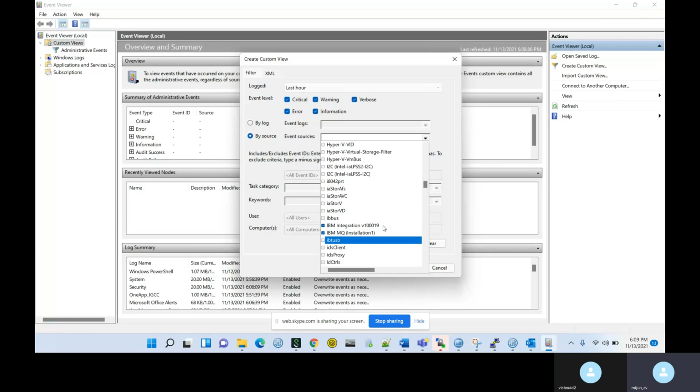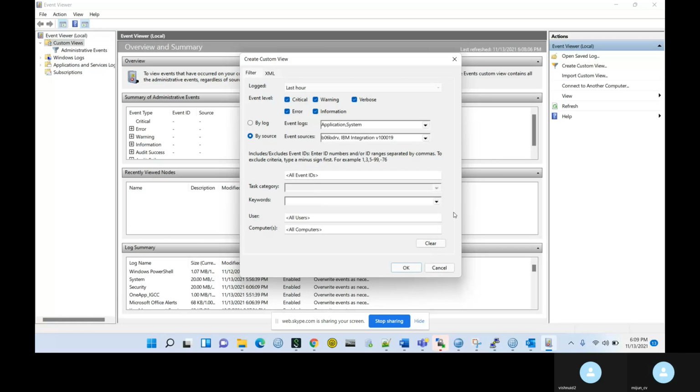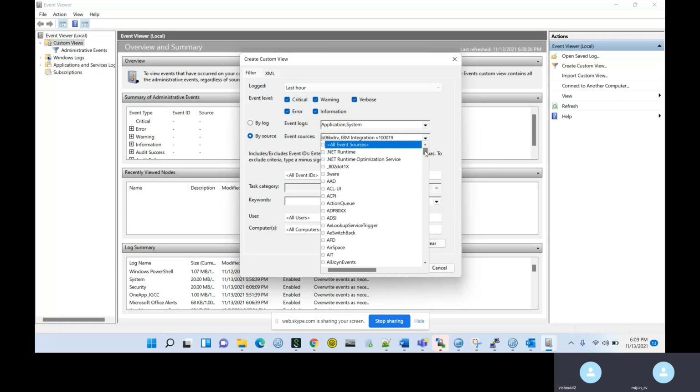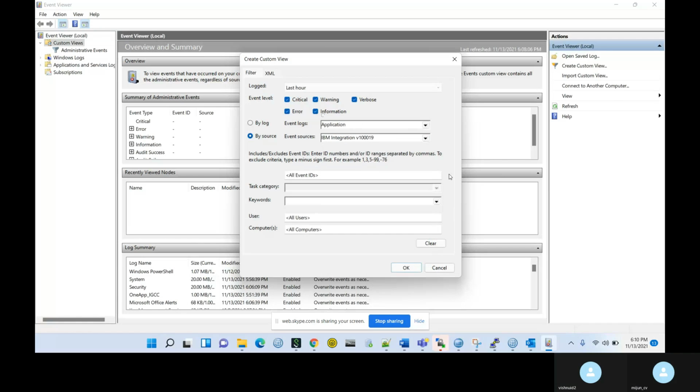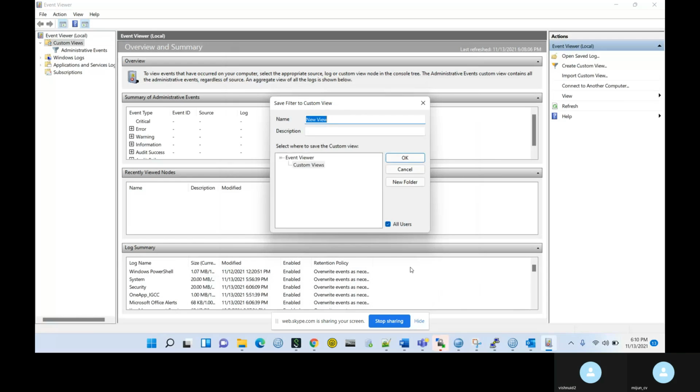Only Integration Bus version. Deselect information and verbose. Click on OK. Provide some name.